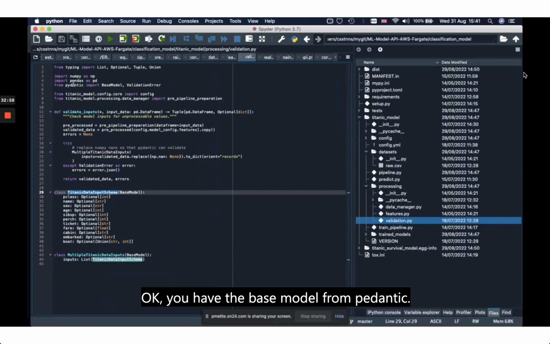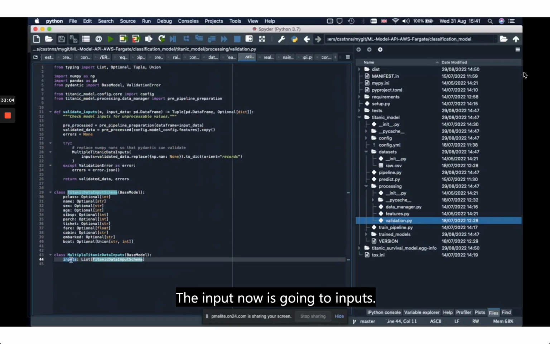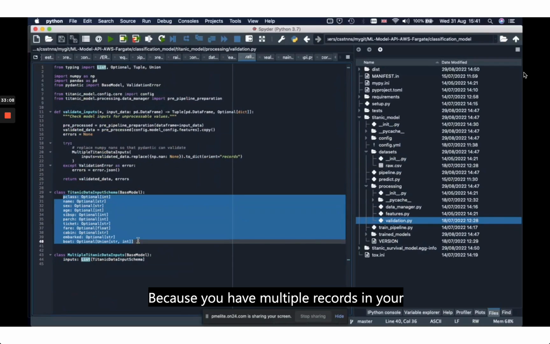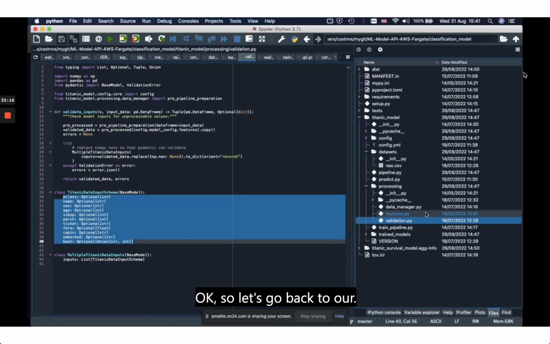You have the base model from Pydantic, and then you define your data schema, and now the inputs are going to be a list of these, because you have multiple records in your data, and each one of them represents a record that should adhere to this schema. Okay, so let's go back to our